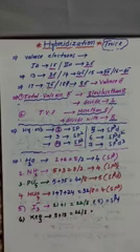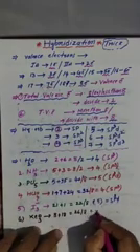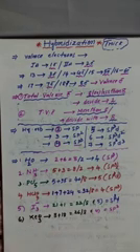Or you can draw the structure also. XeO3. Clear? 1, 2, 3, 4, 5, 6, 6 electrons gone. The surrounded atoms are 3 and there is 1 lone pair. 3 plus 1 is 4, so this is sp3 hybridization.